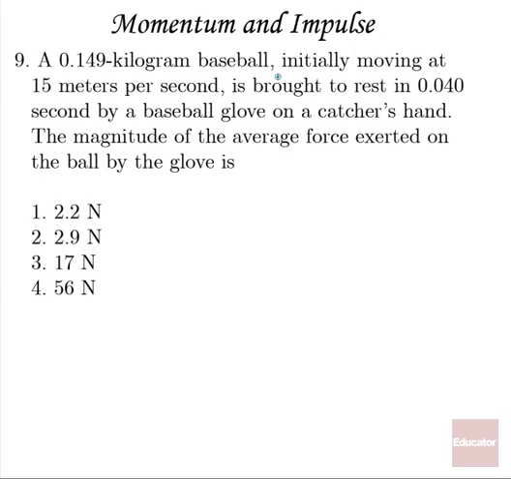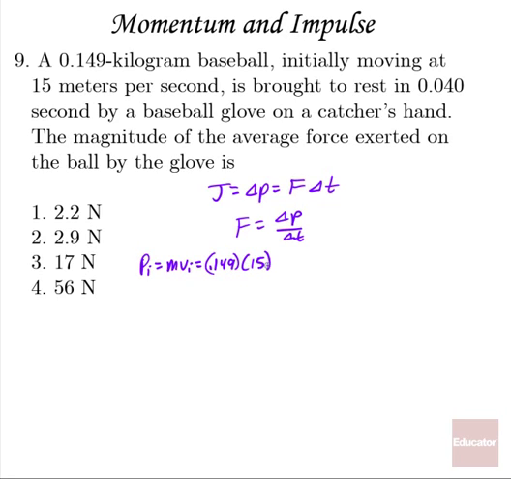A .149 kilogram baseball initially moving at 15 meters per second is brought to rest in .04 second by a baseball glove on a catcher's hand. The magnitude of the average force exerted on the ball by the glove is, well, once again, impulse is change in momentum, which is force times time, and we're looking for force. So force will be change in momentum divided by time. Now, the initial momentum of our baseball is its mass times its initial velocity, or .149 kilograms times 15 meters per second, which is going to be